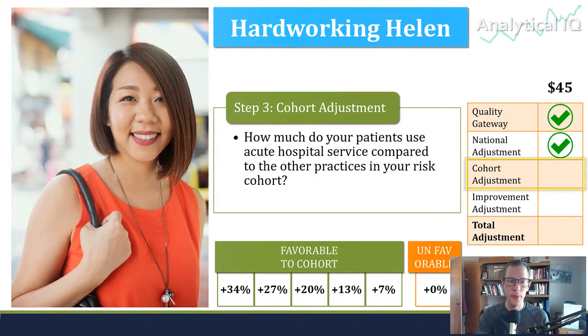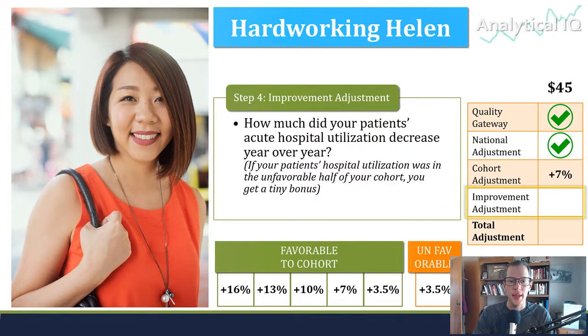You get 0. I'm assuming Hardworking Helen's patients score in the 51st percentile. So just a tick above average, and that nets her a 7% bonus. The last step is the improvement adjustment. And the way the improvement adjustment works is if you're in the bottom half, or sorry,